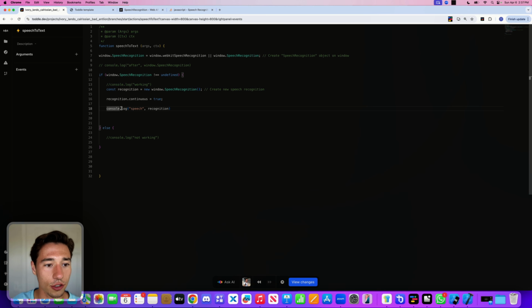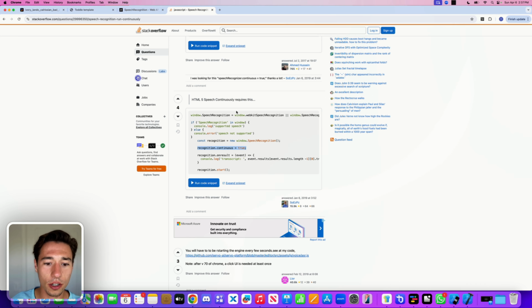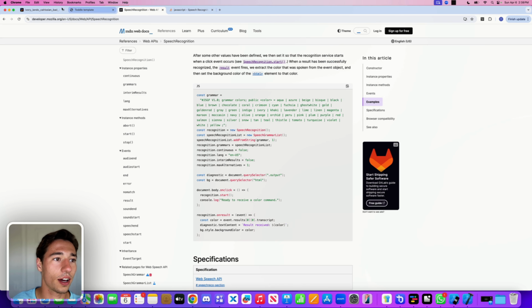Now I got console.log, and then I'm logging that to the speech. Now I want to actually get the contents that I'm talking about. So let's go back to the Stack Overflow answer, and we have recognition.onResult. And this is an event that will allow us to log this information. So let's just copy this line, and I'll just add the closing statement myself to make sure we have it